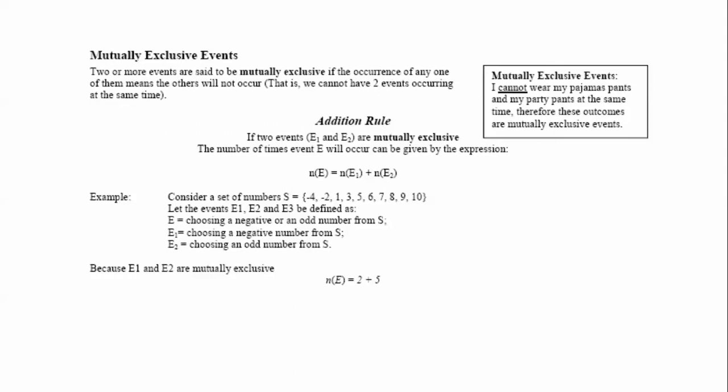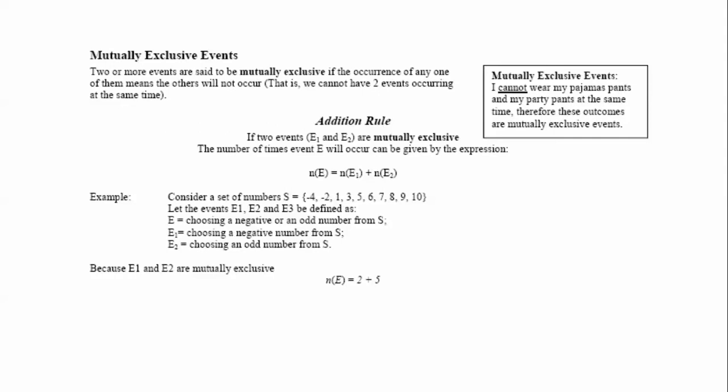So in this example, consider that there's a set of numbers S, and it goes from -4, and you can see the number scale up to 10. Let the events E1, E2, and E3 be defined as choosing a negative number or an odd number, choosing a negative number from S, or choosing an odd number from S. So you can see that in this sample space, choosing a negative number and choosing an odd number are mutually exclusive,